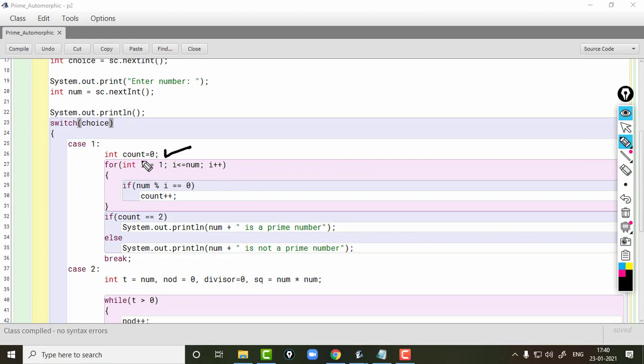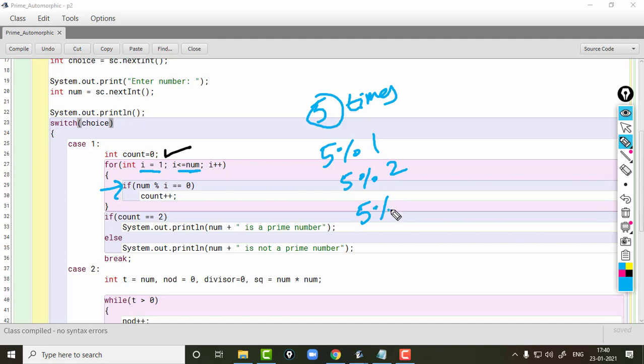I've initialized a count variable here, which is initially 0. Then I'm starting a loop which will go from 1 till the number itself, num. So if num is 5, the loop will execute 5 times. Each time, this line, if num modulus i, will be 5 modulus 1 the first time, then 5 modulus 2, 5 modulus 3, 5 modulus 4, and 5 modulus 5.